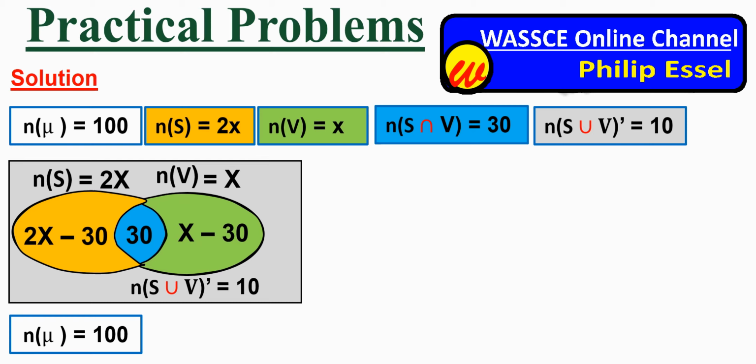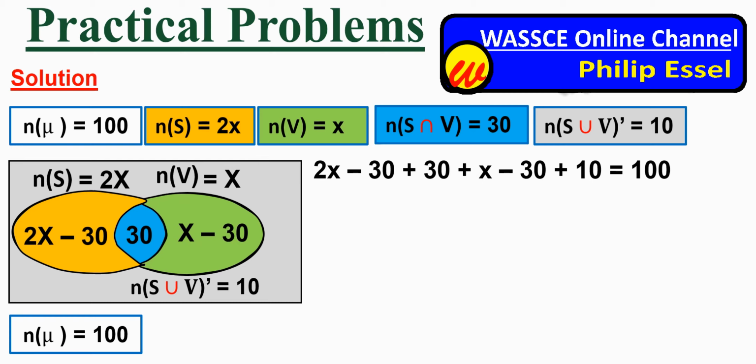So first, we would add the various groups of students in the class, and we'll equate that to the total number of students in the class, which is equal to 100. The first group of students are those in the yellow group, and that is 2x minus 30. So we write 2x minus 30, then plus those in the blue group,